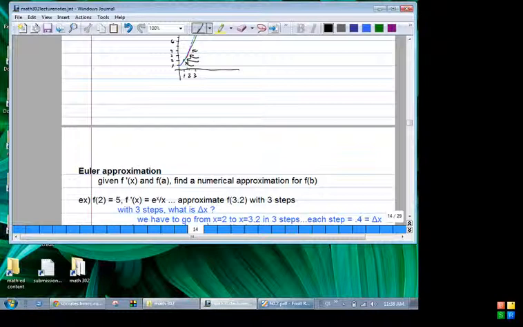So let's actually work this out. f of 3.2 is approximately, we start with f of 2 plus f prime of 2 times 2.4 minus 2. Okay, so stop there. Does that make sense so far? Yes. So far, that's just like using a regular tangent line linear approximation. But we're stopping at 2.4, and we're going to course correct. Plus f prime of 2.4